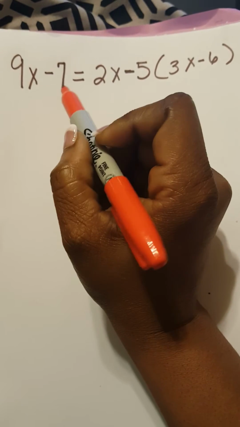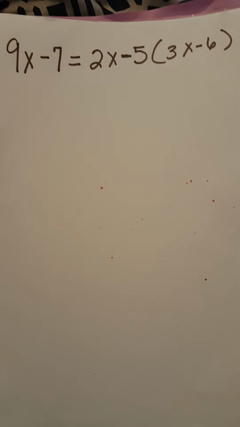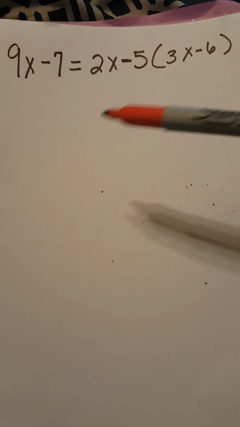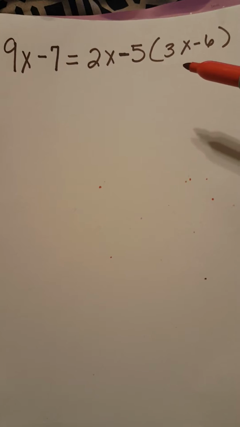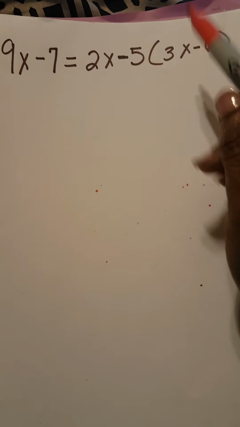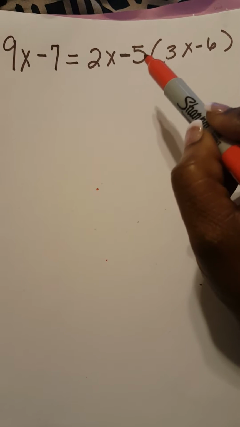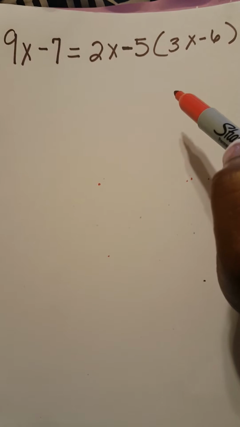All right, guys, back at the drawing board, and we're working out a problem. It's a little bit longer. I just want you to understand that you still use the same concept. You would follow the same rules. And of course here, because this is in parentheses, we would use the distributive property, multiplying this by the